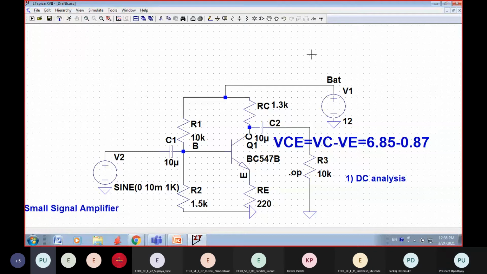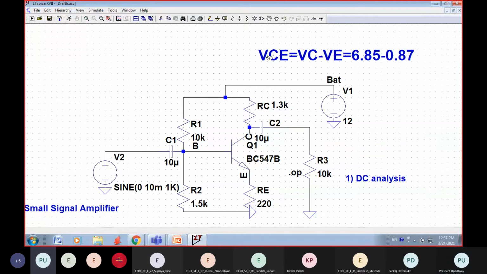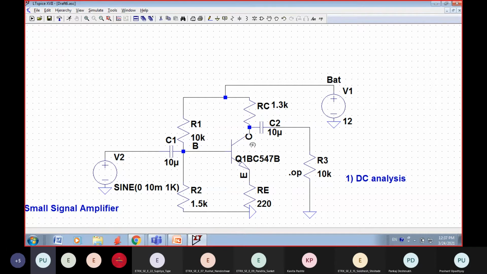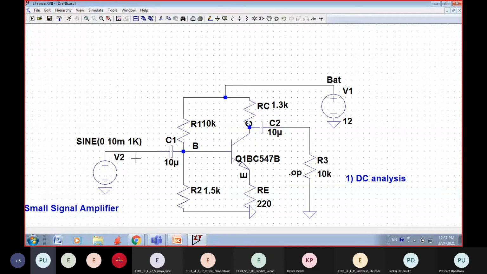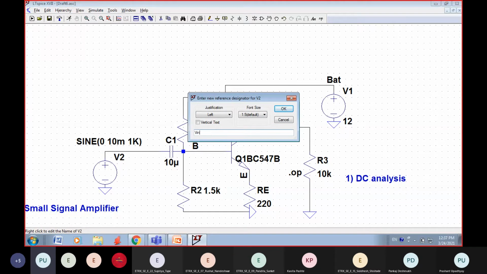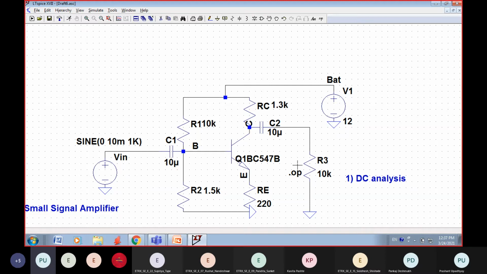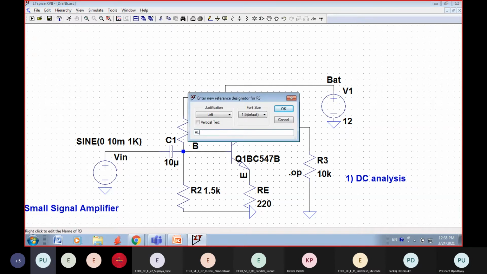Okay, sorry, my call was a little disconnected. Transistor is your point. Okay.